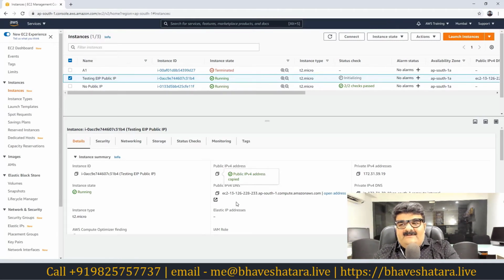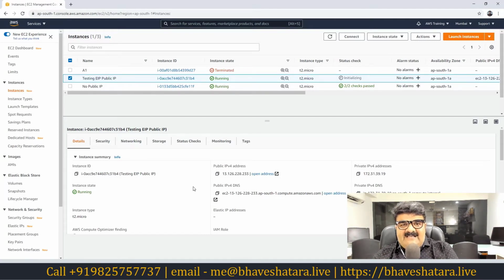Yeah, but if you are using your virtual machine for 8 hours and then stopping your virtual machine every day, this will be the problem, because every day you will get a new IP. Now, if you don't want this, and you want a permanent static IP address for your EC2 instance, you can do it, and we call it elastic IP.